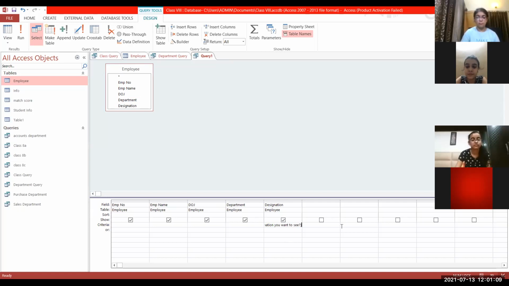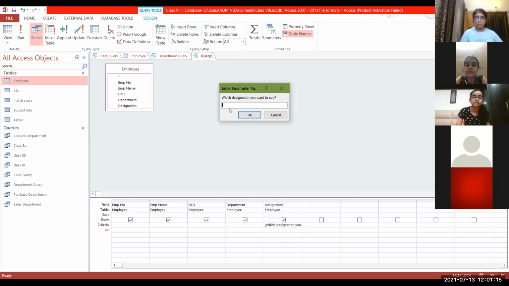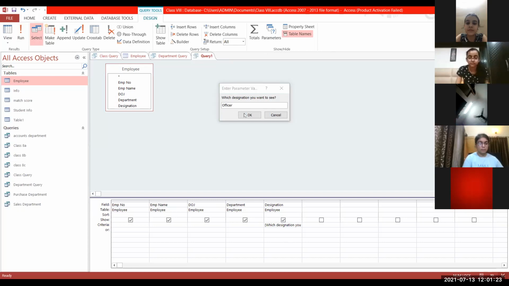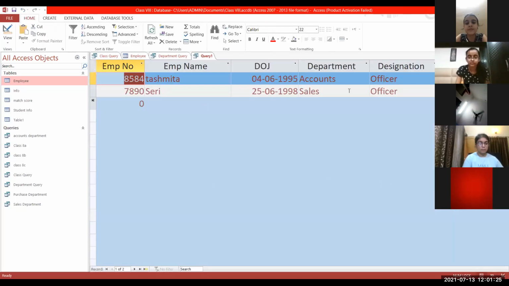Here goes the square bracket. Message depends on you, whatever message you want to display. Run it. It will ask you which designation you want to see. I say officer. Click on OK. It will show you the records of officer, whether they are in accounts department or in sales department. Clear?